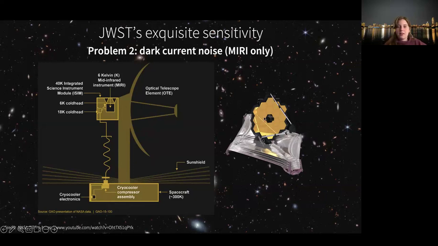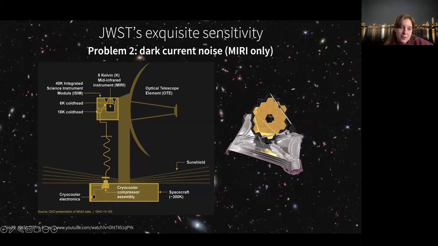So again, we have the schematic of the telescope here, right? This over here on the left-hand side picture is the mirror. You have the sun shield over here. And then all the instruments are sitting behind the mirror, so you can't see them in the schematic on the right-hand side. This is where all the detectors, all the instruments are, right? So this is what you need to cool. And especially the mirror, you need to cool down, it turns out, to 6 Kelvin, which is basically near absolute zero.